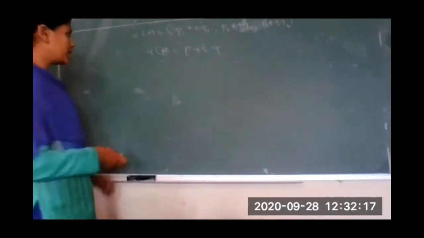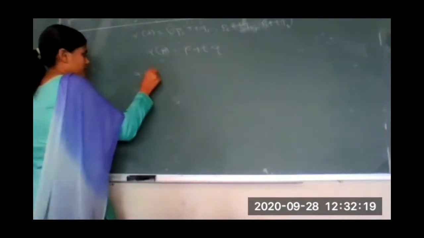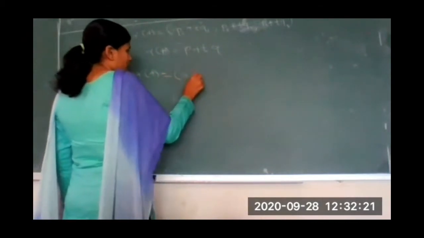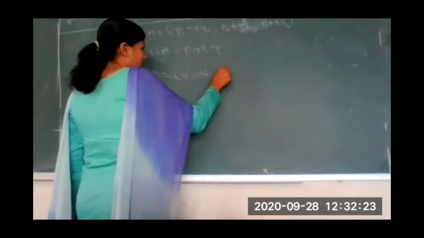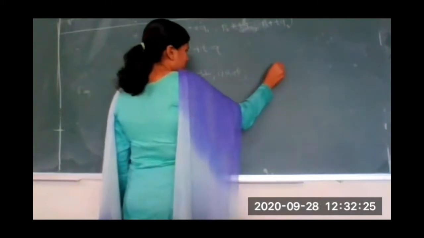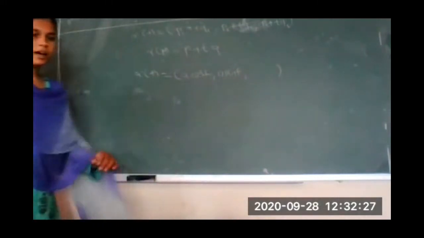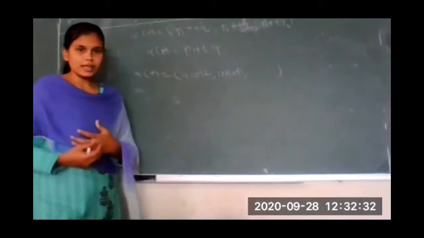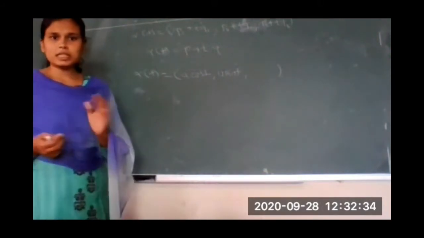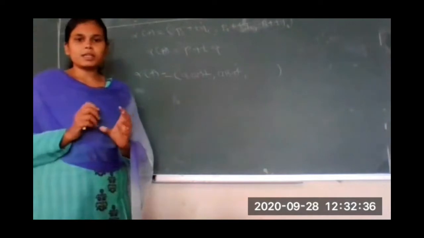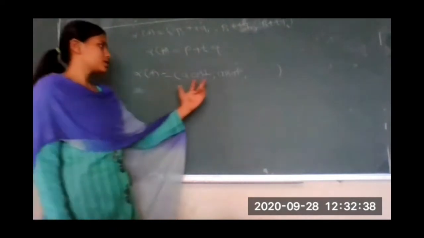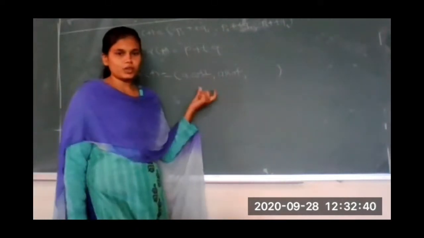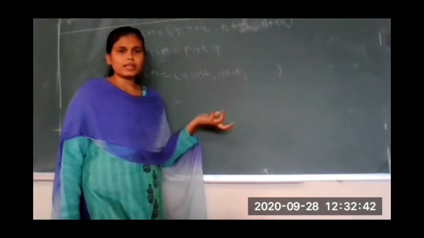Now let us go for one example. Alpha of t equals a cos t, a sin t, and the third one I will keep as it is; after one we will see. If you see only the first two coordinates, which we discussed initially, it is nothing but the equation of a circle. a cos t, a sin t. If I add x squared plus y squared, it will give you a squared.